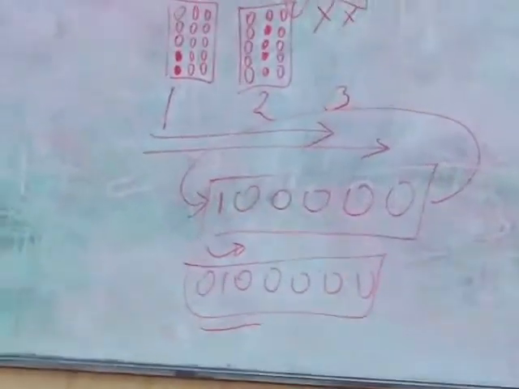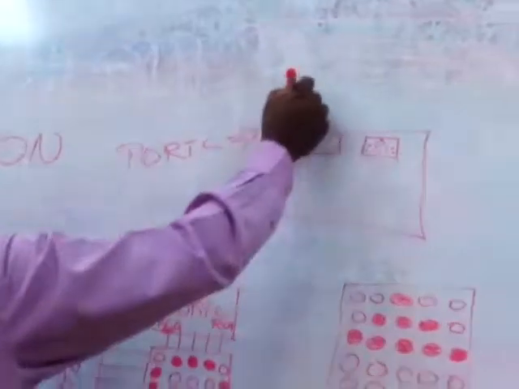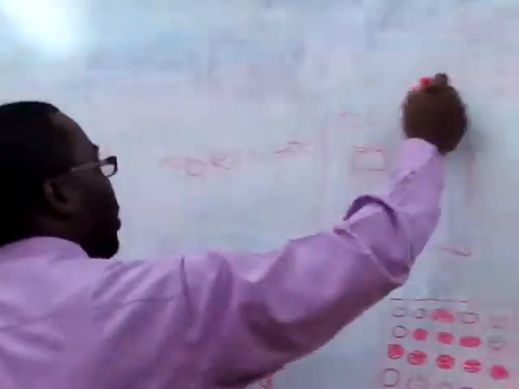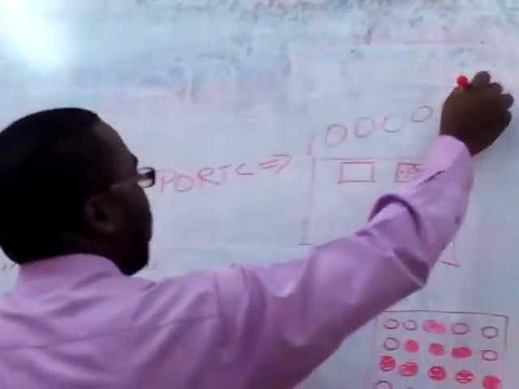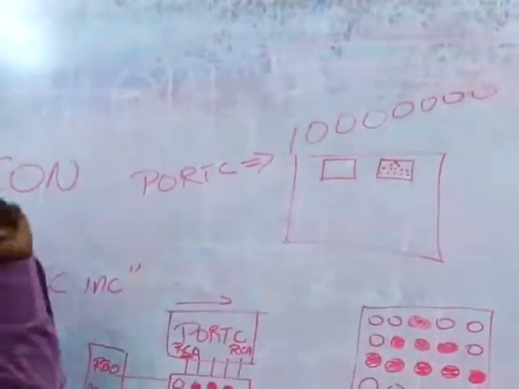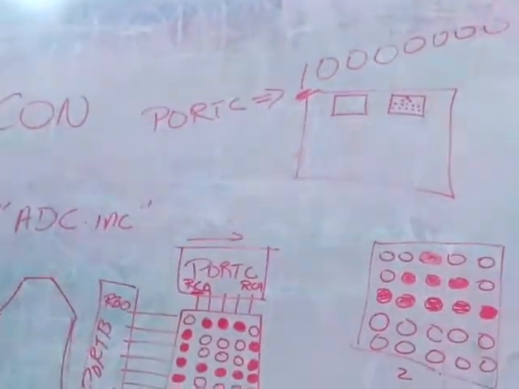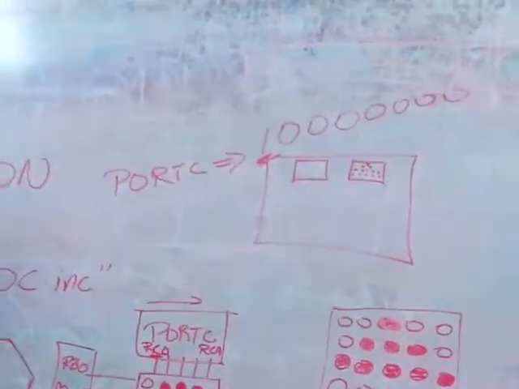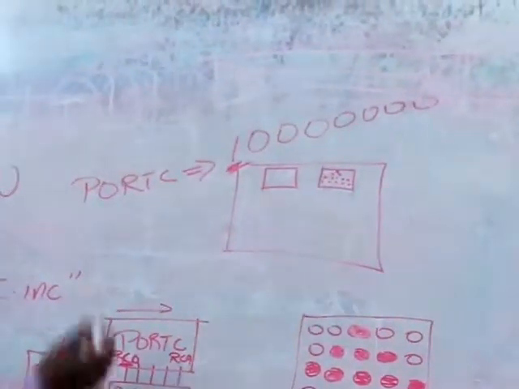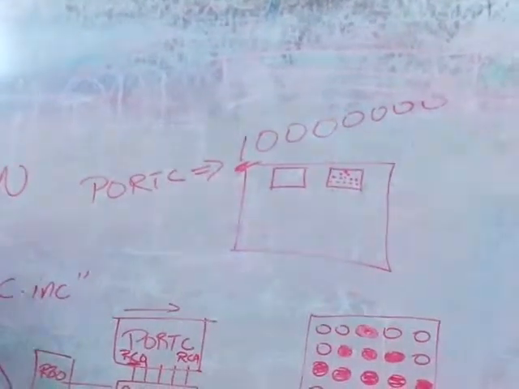So we initiate our port C with the value, for example, 1, 0, 0, 0, 0, 0, 0, right? We could initiate it with that value, meaning that we only have one high pin. What we do now with each iteration, each time that we send the next value, we also tell it to rotate,